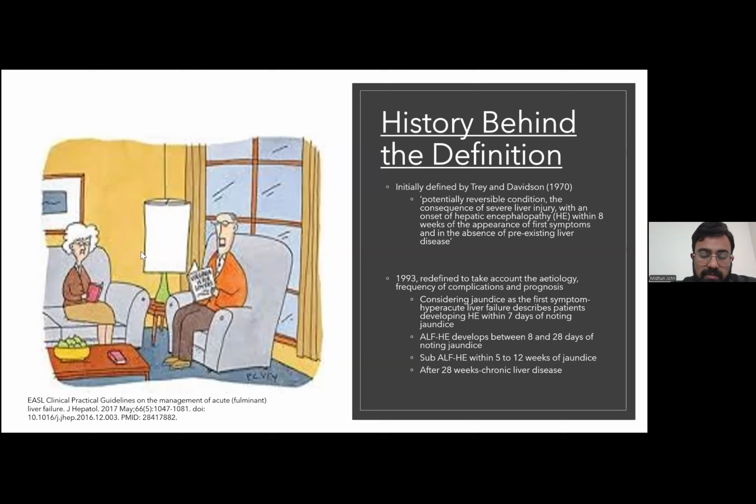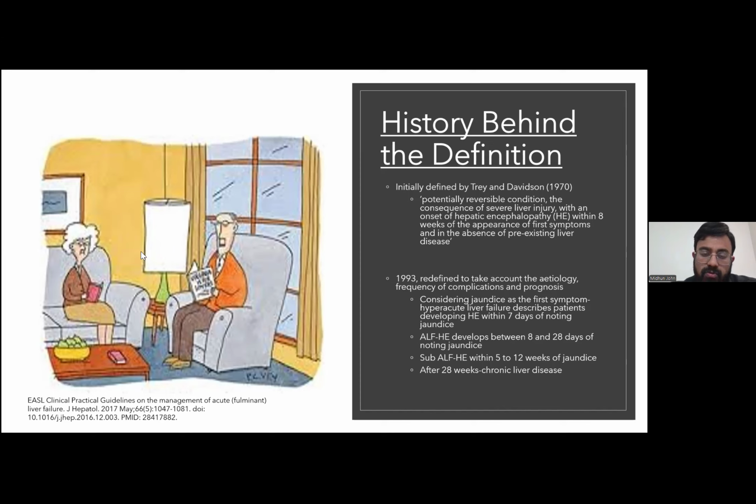Now that was slightly vague, but about 23 years later, in 1993, it was redefined to take into account a couple of other things: etiology, frequency of the complications, and prognosis. And so the change from first symptoms to jaundice as the first symptom was new in 1993. They also then went and said, let's describe this in terms of hyperacute, acute liver failure, as well as